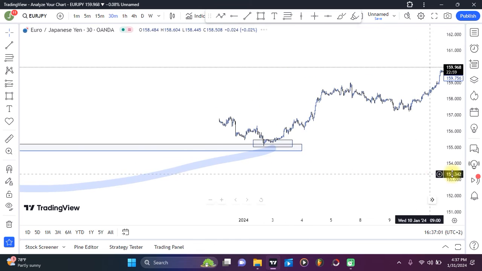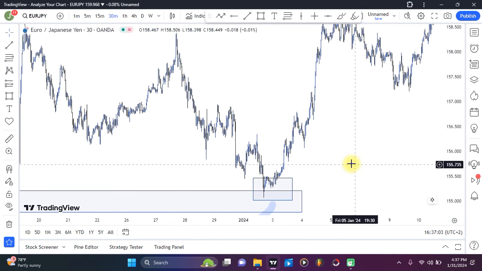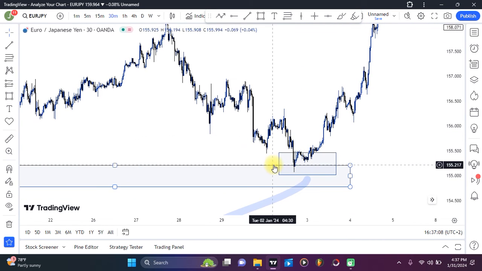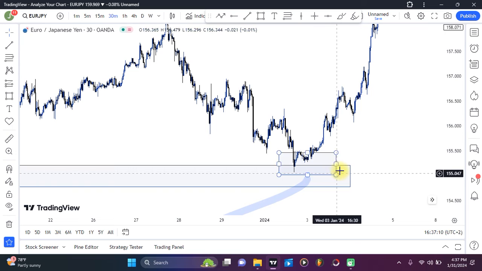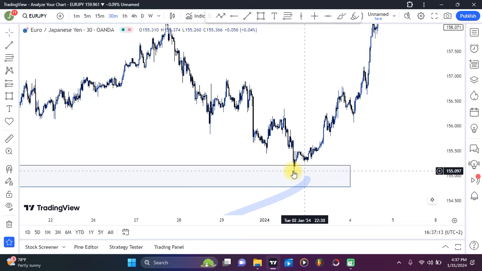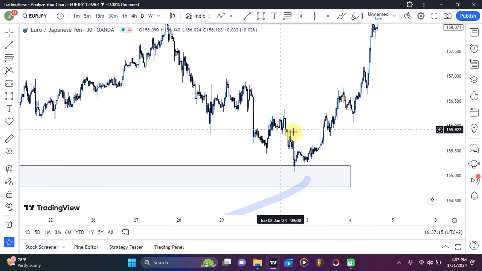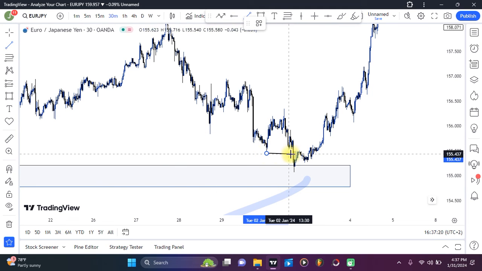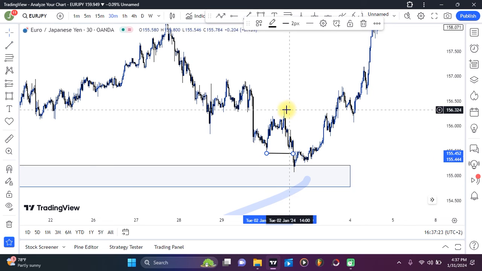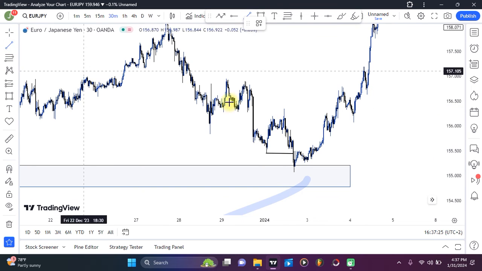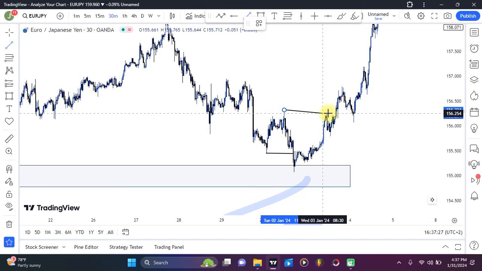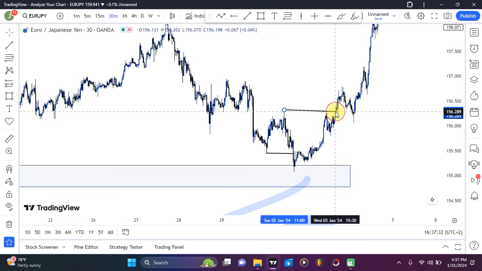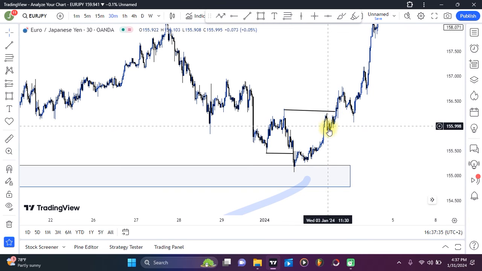This is the 30 minutes time frame, and then we're going to try to see what the market did when it got to that area. Now here we are, this is the 30 minutes time frame. The market here tapped into our demand zone, and when it tapped into our demand zone, this was our recent structure, this was our break of structure here, and this was our high here. And as you can see, the high failed to hold, so it got broken to the upside. So we had a change of character here,